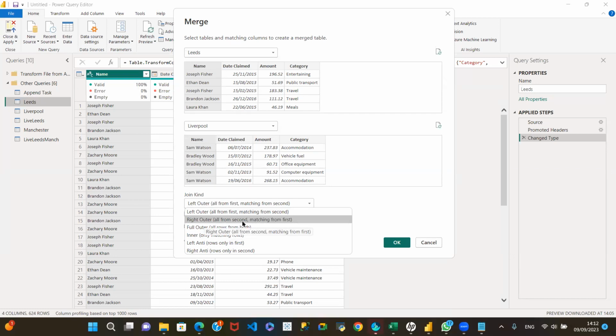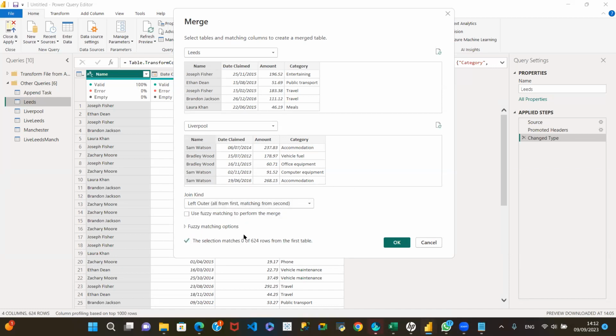So everything that's in the second table will be brought in, and only the ones that are matching on the first. Discussing relationships is a whole topic on its own, to be honest, that we need to sit down and look at so that we understand how we are joining and unjoining things together, okay? I'm going to okay this,